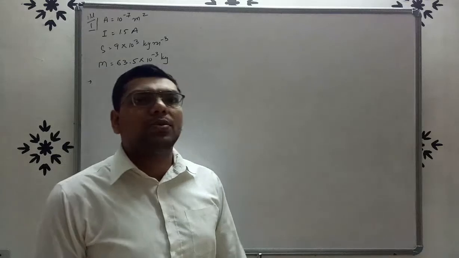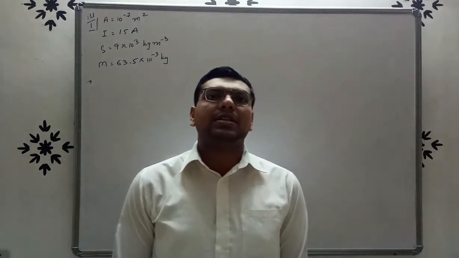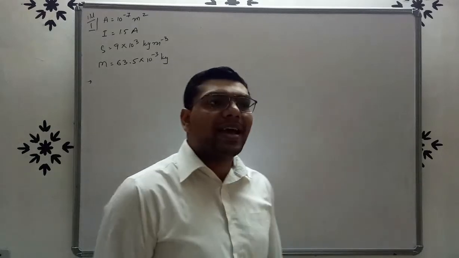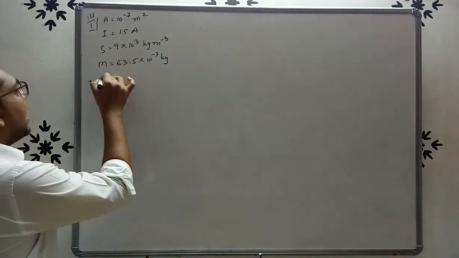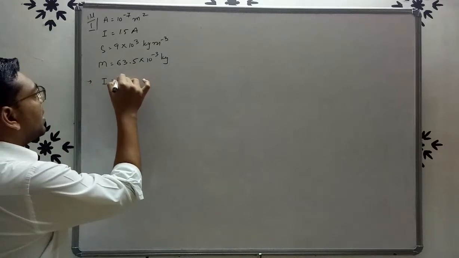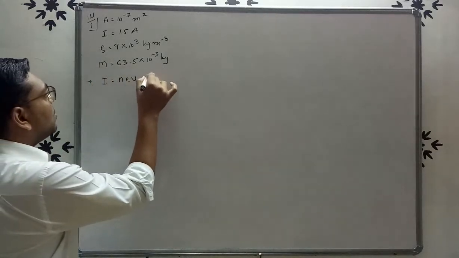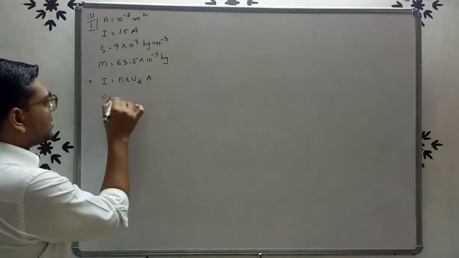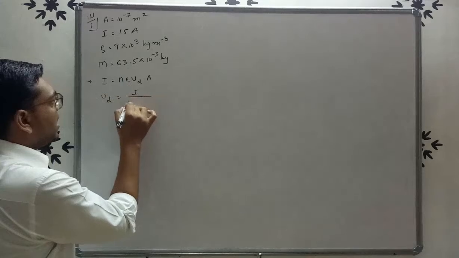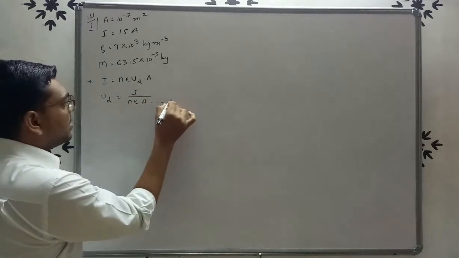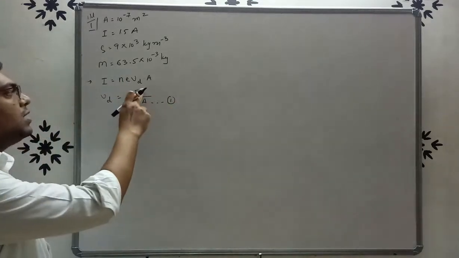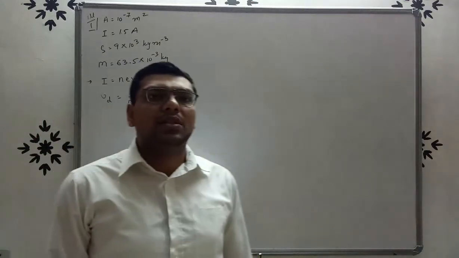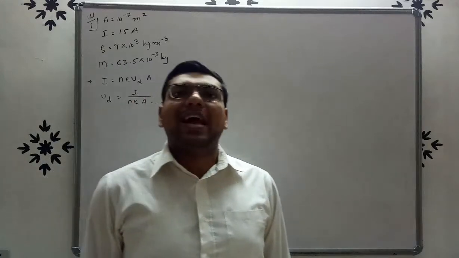So first of all we have to find out the drift speed, or we can say drift velocity. We already proved the equation of drift velocity. J is equal to nevd, but J is equal to I by A. So we can write I is equal to nevd into A. Here we have to find the drift velocity vd. So vd is equal to I by neA, equation 1. Here we know the values of I, e and A, but we don't know the value of n.